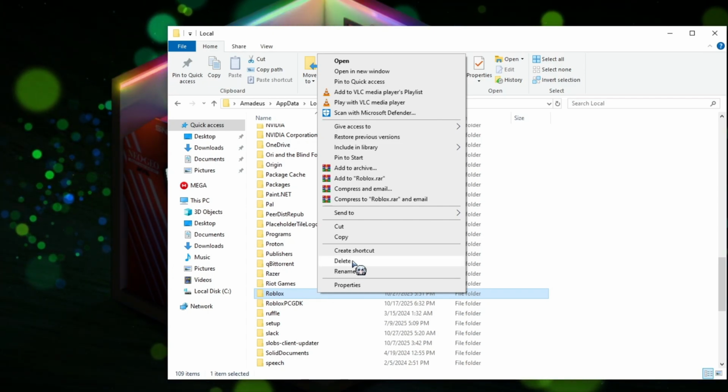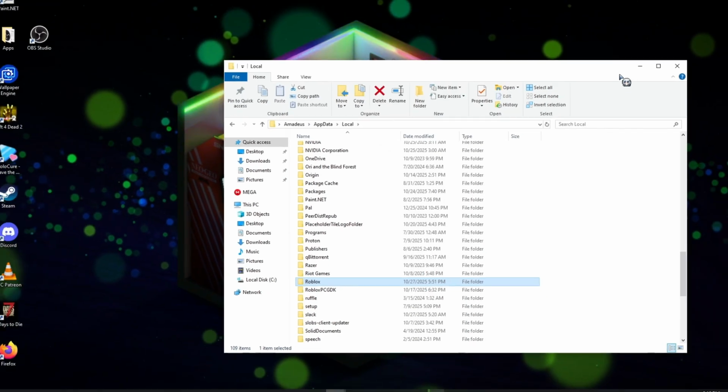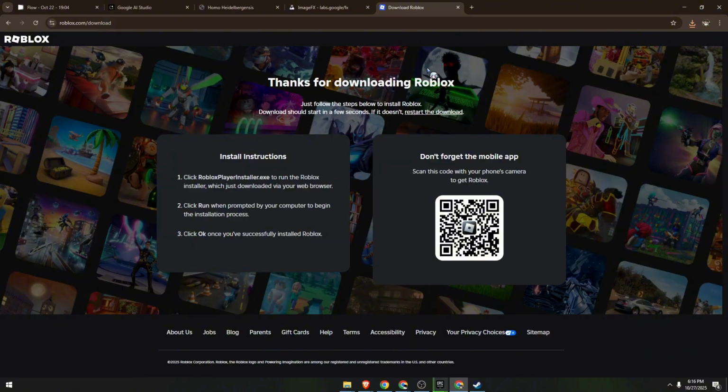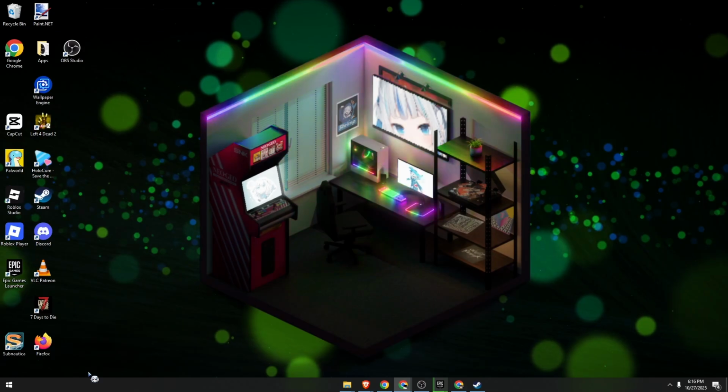Now, since we are deleting Roblox itself, we need to reinstall this. Go to the Chrome browser, download the Roblox client, and while waiting for the installation, what you can do is